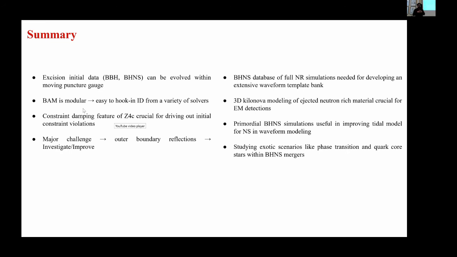ejected matter is crucial. However, what we are aiming for is to collaborate with people who already have other codes which take the amount of ejected matter and its velocity distribution, and then make the model of the electromagnetic counterparts. So in that sense, we are just interested in the matter that is ejected at early times and have no interest in seeing how it evolves. And they would do that type of simulation. Right, exactly. Just calculate with an AMR code for just the hydro part. Yeah, that's the idea.